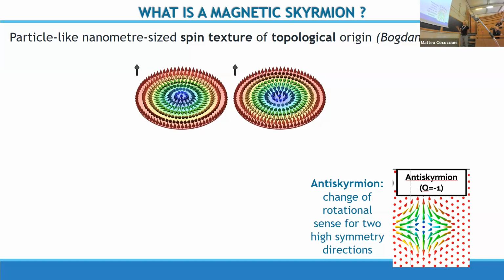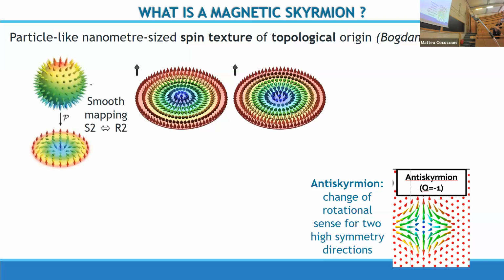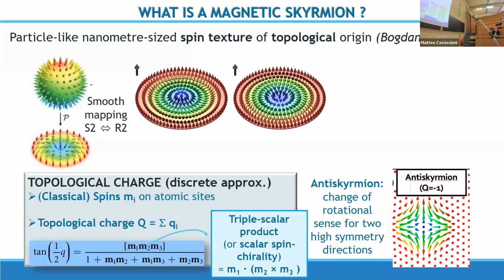An anti-skyrmion is, for example, you have your core spin here, and then they spiral clockwise in one direction and counterclockwise in another direction. So, for example, here you have clockwise like this and counterclockwise like this. So it changes the rotation sense as you change direction. And the way you understand the topological charge is by mapping your two-dimensional spin texture around the sphere, and how many times your spin texture wraps the center gives you the topological charge in a, let's say,